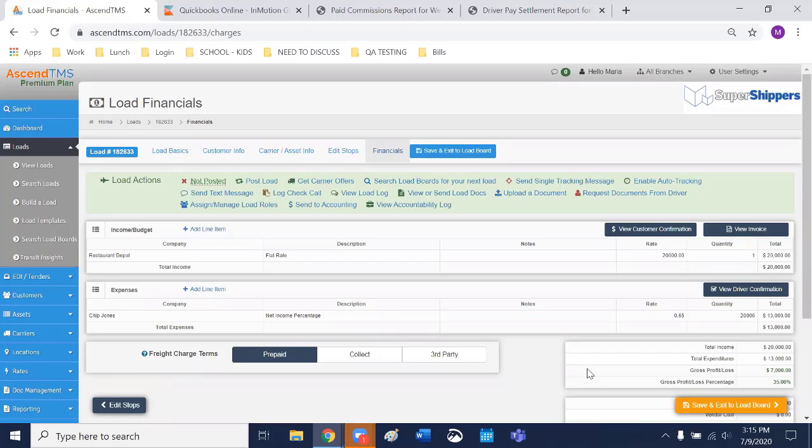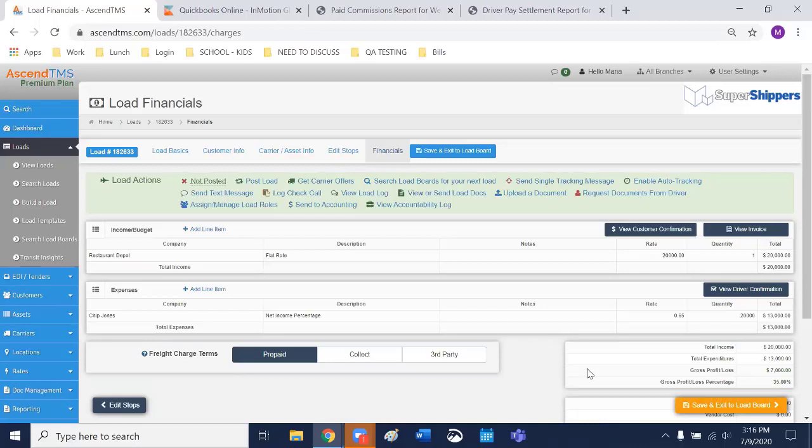Yes. Okay. Yep. So I don't want to use the word limitations because that makes it sound like it's a lacking integration. But when we integrated with them, that was the option that we had at the time. I believe those options have changed. So there is a later project to be worked on by my team for more options via that integration. But really what you can do, we always teach you that it's best to keep everything matching, right? All your payments matched in your Ascend and in your QuickBooks. You want everything to match.